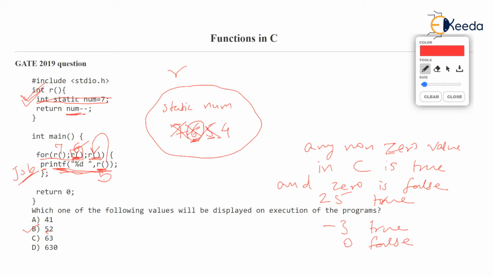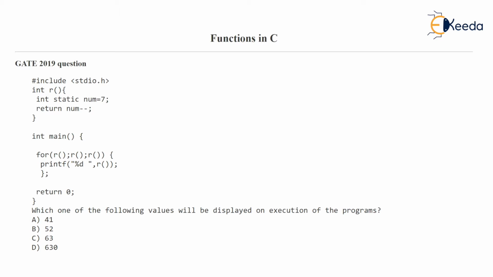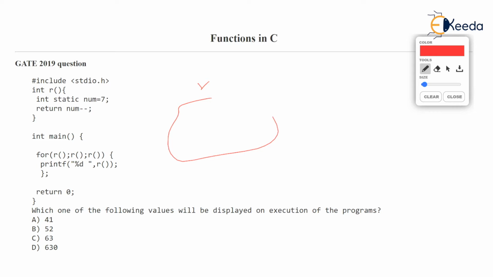So, but in the change part, there is again a function called r. So let me clean the slate. Remember, num is right now 4. Okay. So I'll redraw this, and just to clean the slate, r is a function which is having static num equal to 4 now. And due to this part, the function gets called again. But the function returns num, and after returning num, it decreases num. So what it returns is 4 over here, and after returning num becomes 3.